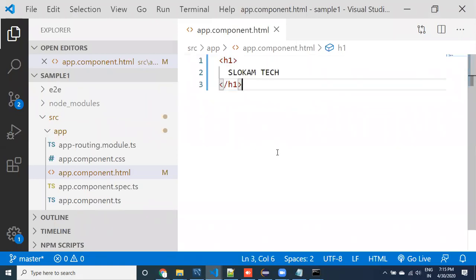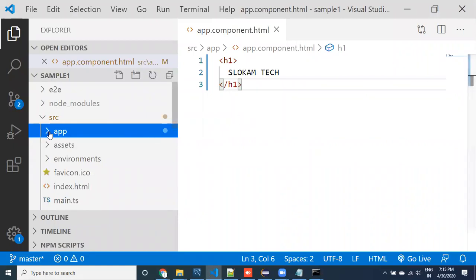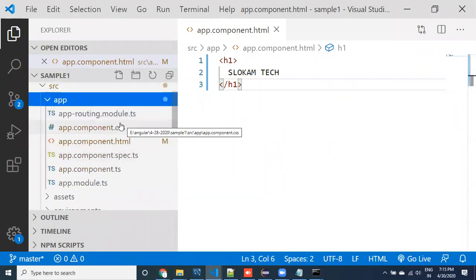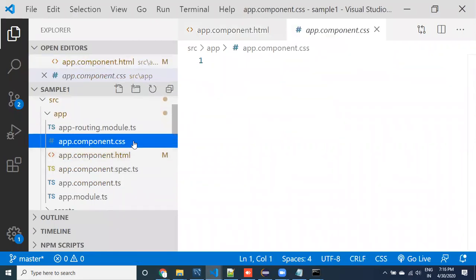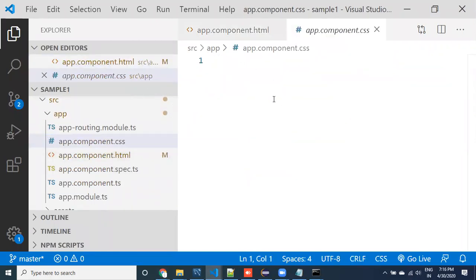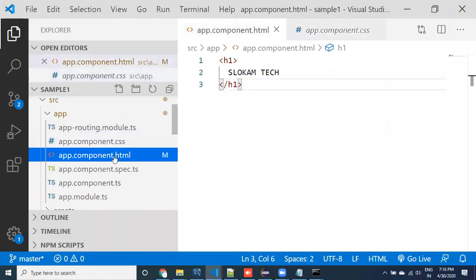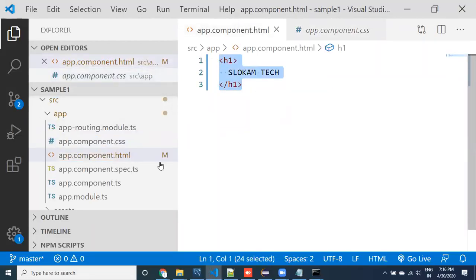Now I want to show you how to create my own component. I have changed the existing component, and now I would like to create my own component and use it here. Let us look at it, guys. Before creating our own component, look at the default component. This is a CSS file, and CSS contains nothing; you don't need to worry about CSS right now. We do need to worry about the HTML content. I removed everything and provided my own content.